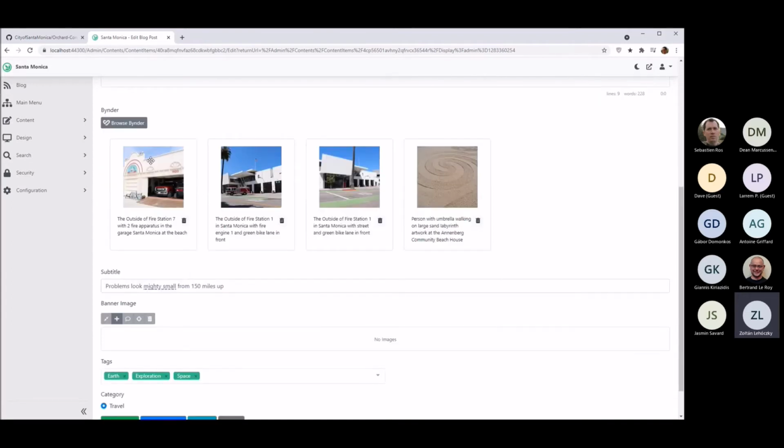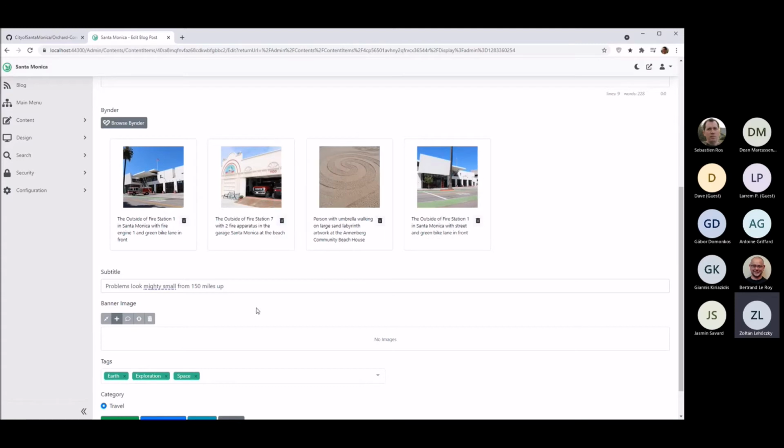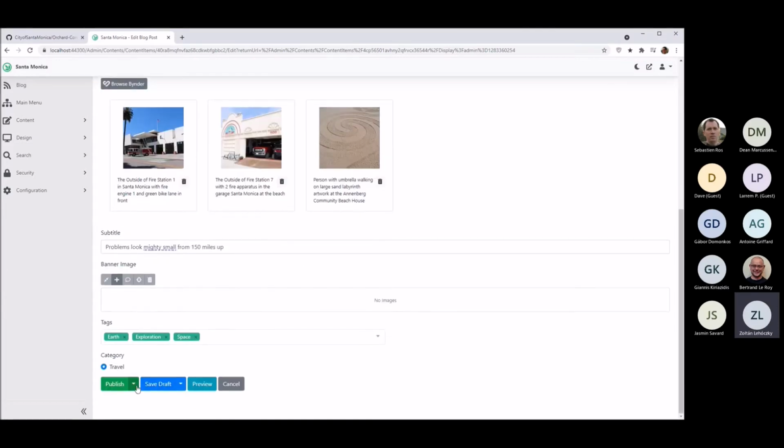The UX here is quite similar to what the media library provides. It's a bit simpler since you don't need to be able to upload such assets from here or change anything in them. You are just able to select these assets from the existing collection. But at least you can reorder them, and you can also remove a picture like this one. Now, if we publish this,